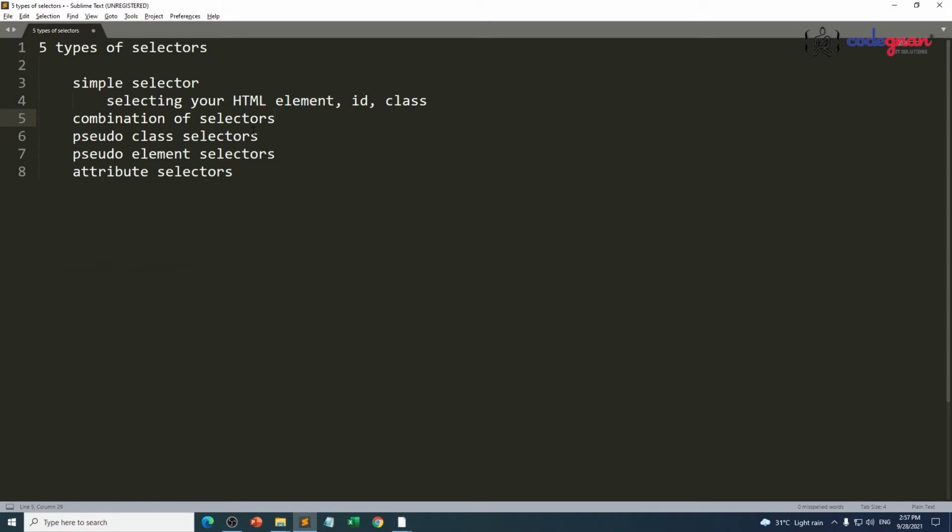Combination of selectors is also divided into 4 parts, guys. What are these 4 parts? Let me tell you.